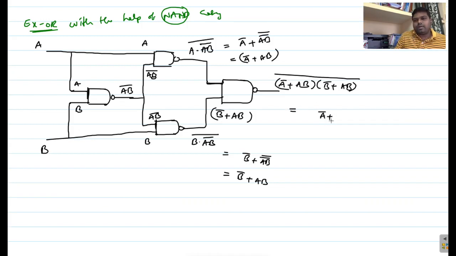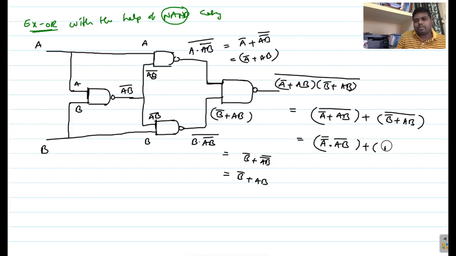So A bar plus AB whole bar plus B bar plus AB whole bar. Now you can simplify further. So A bar whole bar into AB bar plus B bar whole bar into AB bar. Now A bar whole bar means A, and this AB whole bar, otherwise